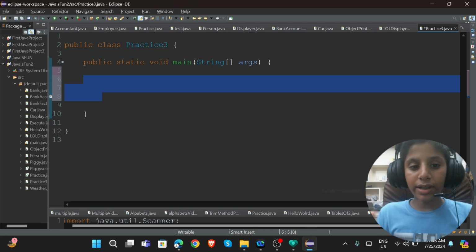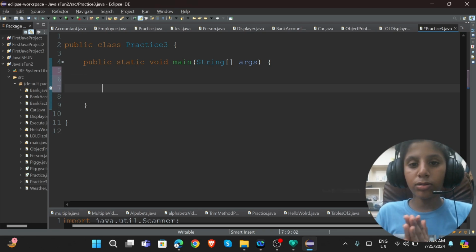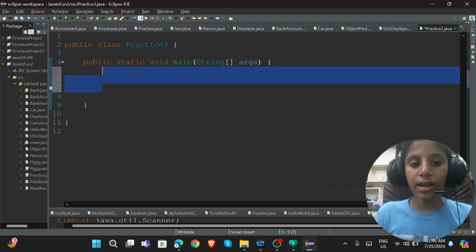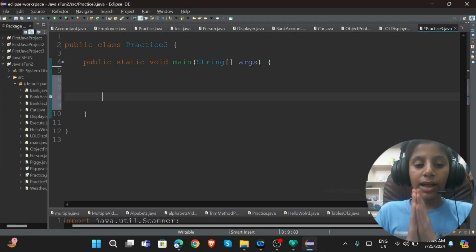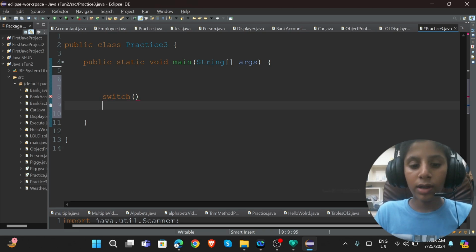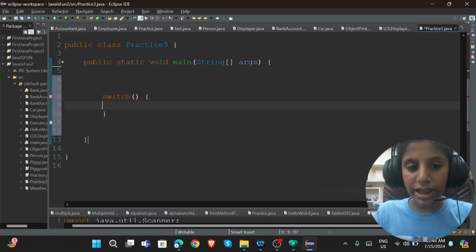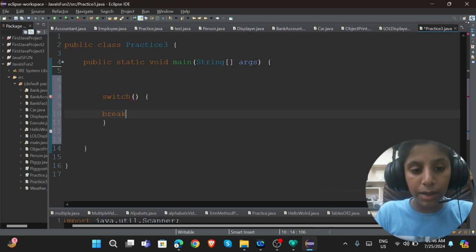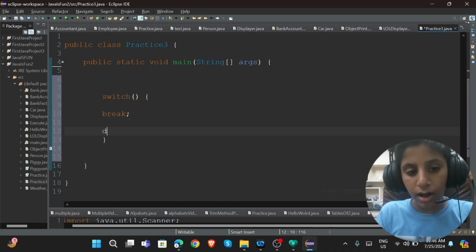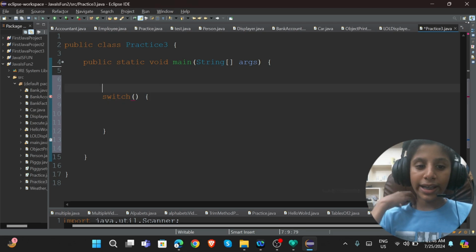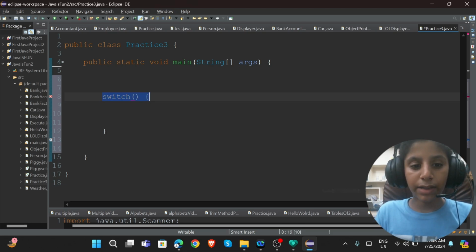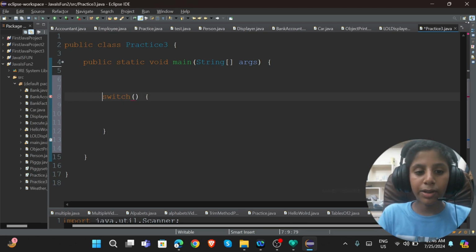Now for deeper understanding, we're gonna be making some code. So without further ado, let's start making the code. First of all, we're gonna be writing switch. I'm gonna explain how we write switch, and there's gonna be a break statement, a default, and cases. So basically we write switch like